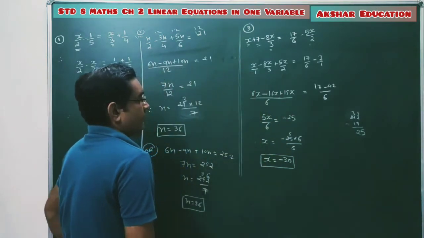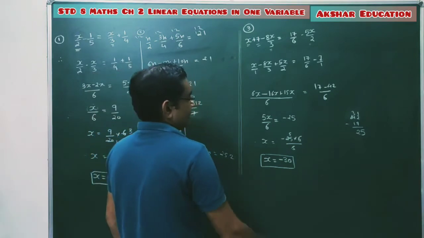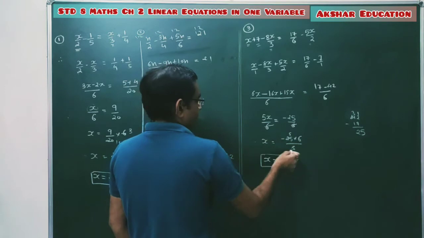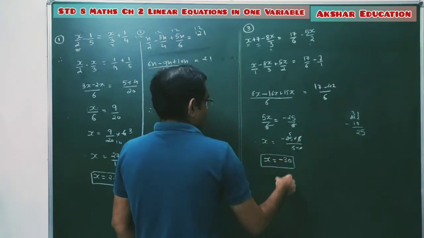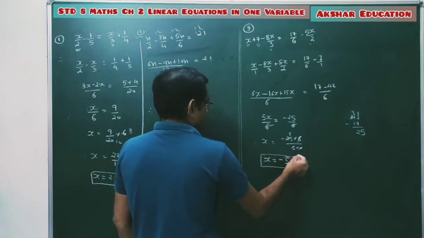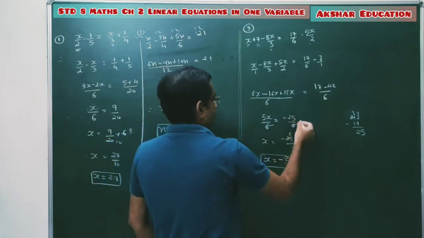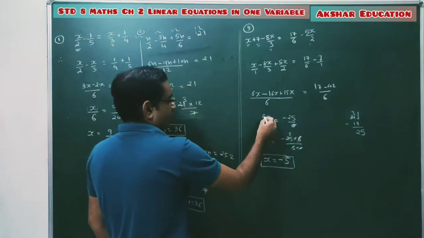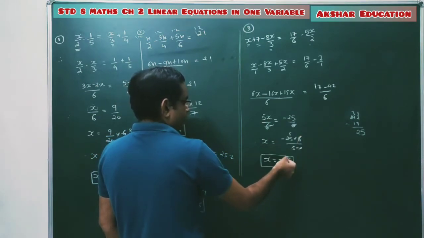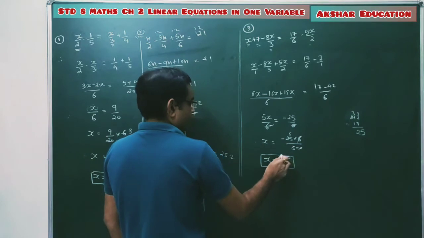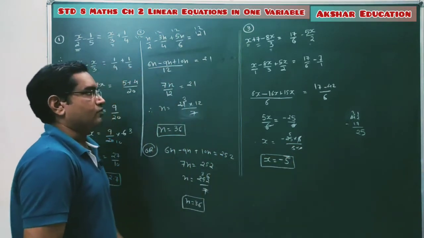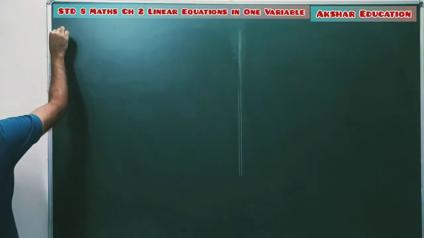-5 is coming, what mistake did I make? The denominator 6 was there, so 6 and 6 cut, this 6 also goes and cuts, so it's a -5. Clear? The denominator 6 was there, so 6 6 cut, so 5x equal to minus 25, so minus 25 by 5, 5 5s are 25, so our answer is x equal to -5. Clear students? So pause the video to note it down.